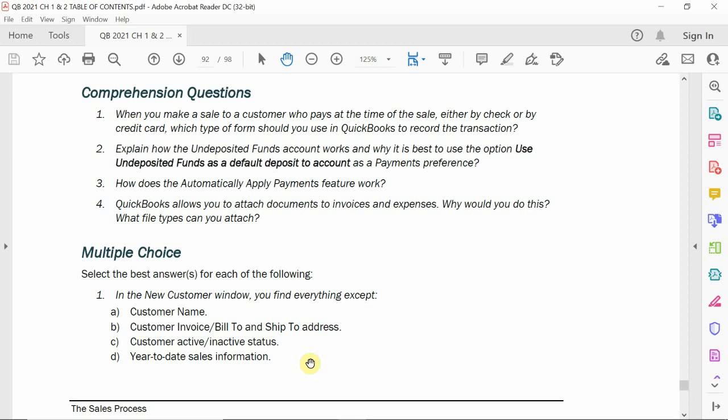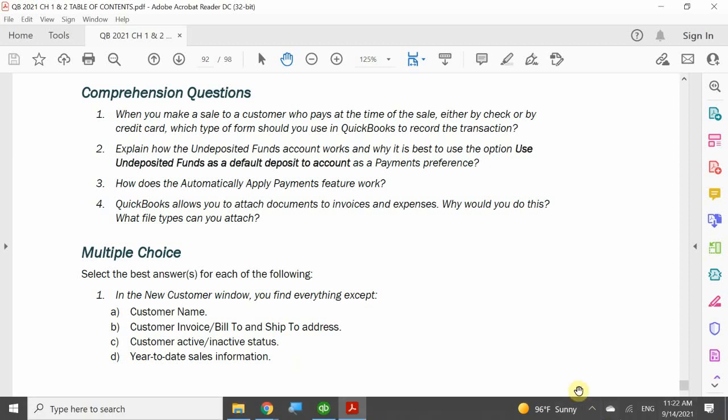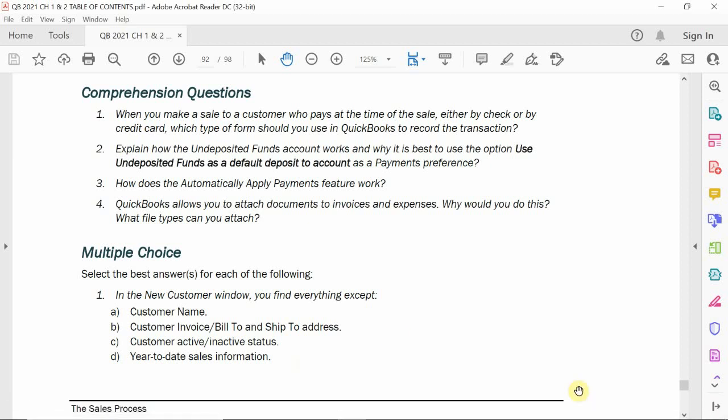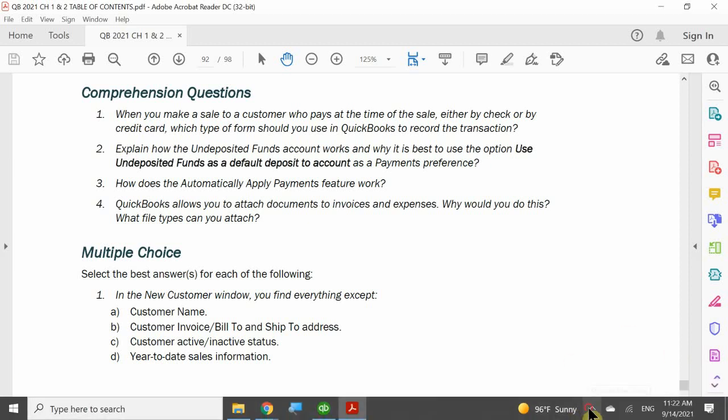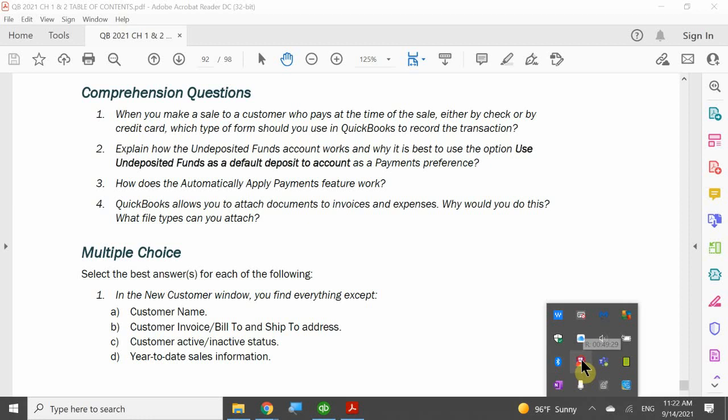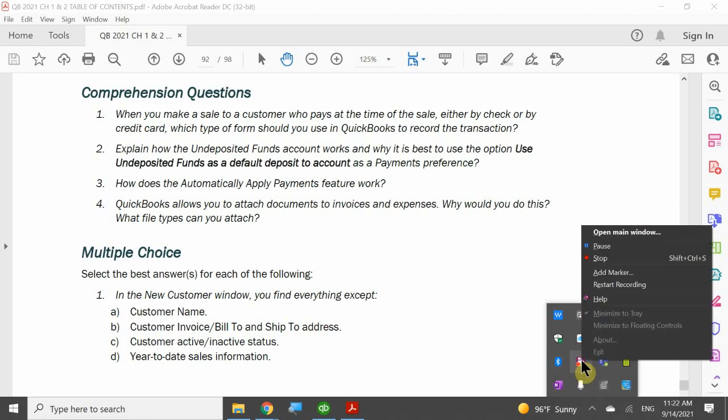Okay. So, any other questions in regards to chapter 2? All right. Homework for tonight is just to read chapter 3. Once again, chapter 3 is going to be dealing with more customer things that you can do. So, we're going to look at how